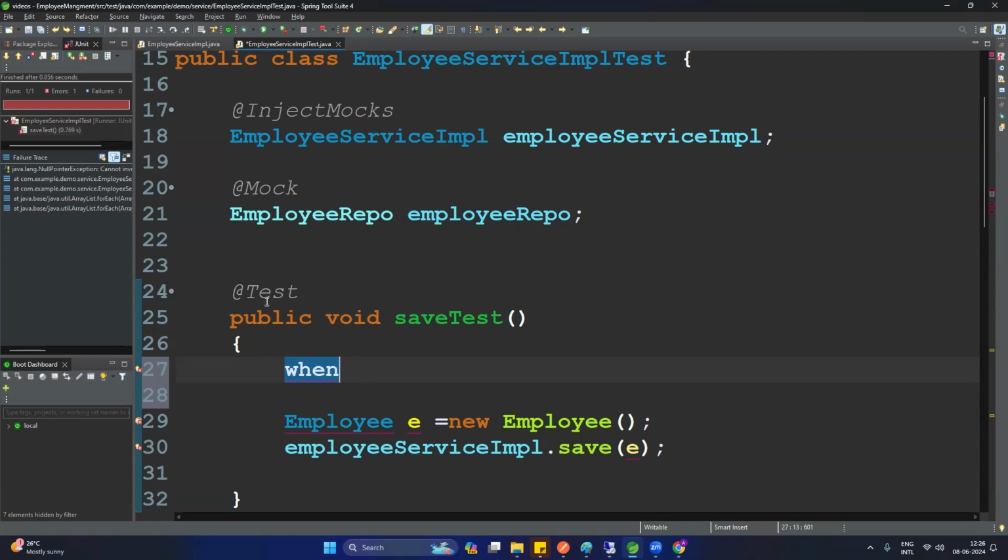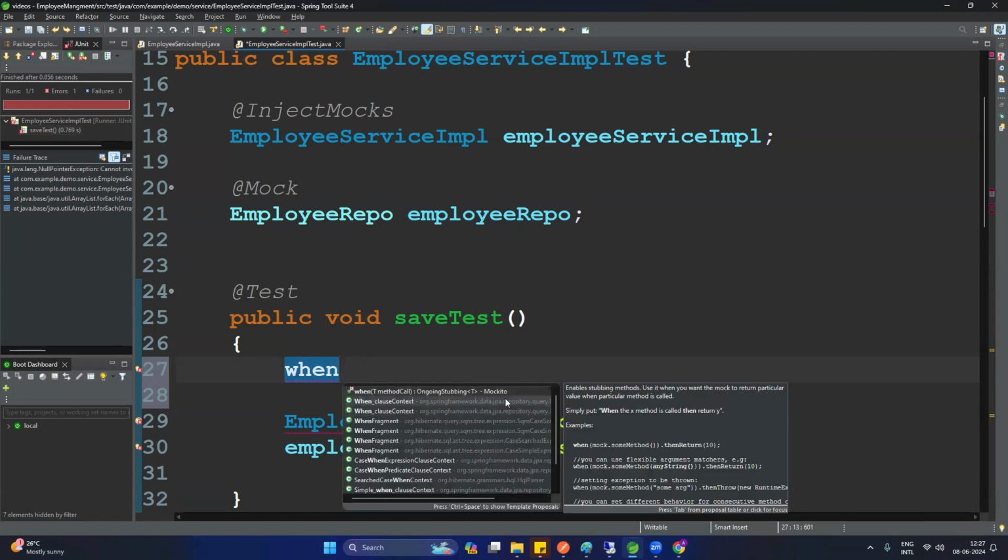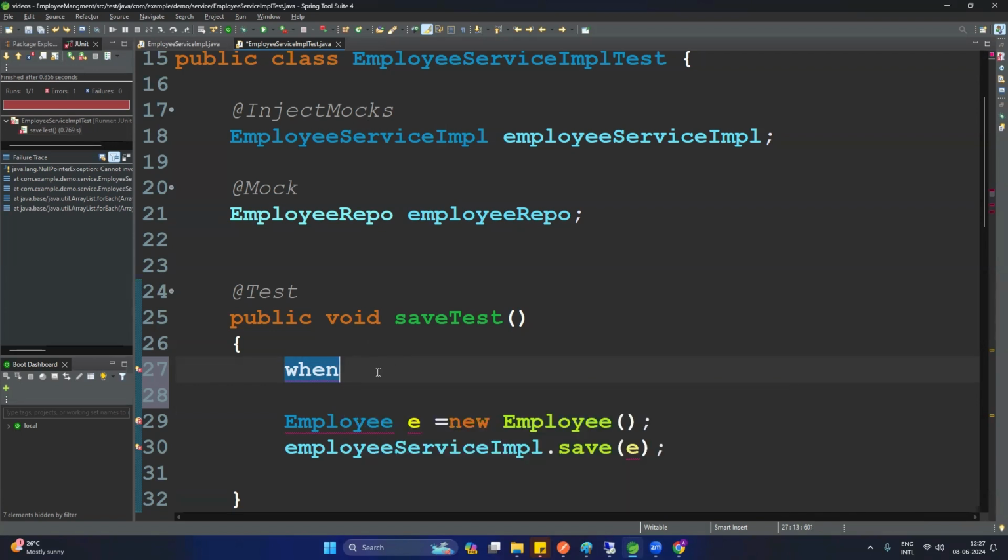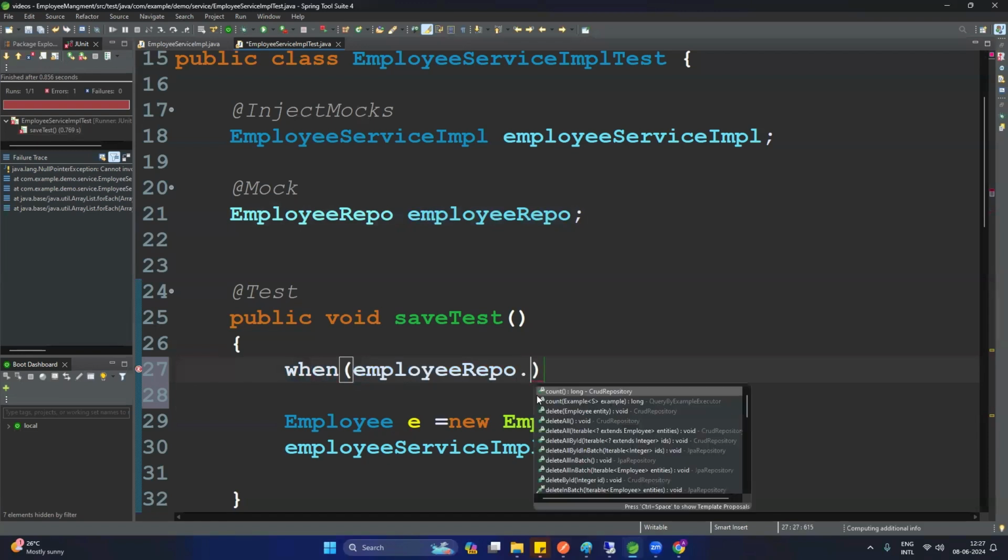Whenever you create a Spring Boot application, at that time it will be there. But in the case of a normal Spring application, you need to add it explicitly. So if you see, when is coming from Mockito. After calling this method, let me first import it. We need to provide here employeeRepository dot save,